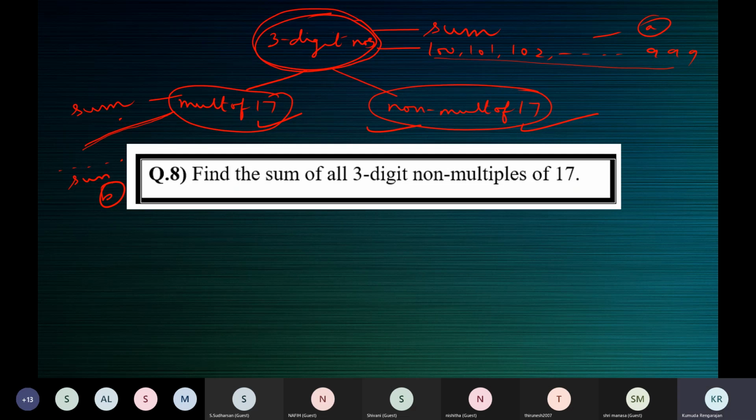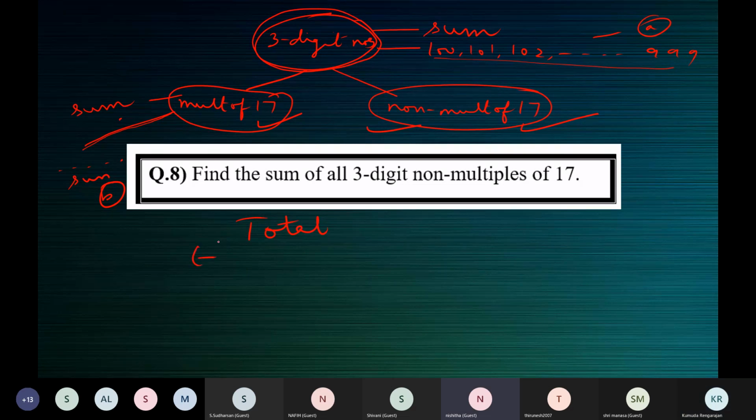That is from the total sum. What is the total sum? The sum of all the 3-digit natural numbers is the total sum. From that, if you take away the sum of all the 3-digit multiples of 17, the remaining sum will be the sum of all 3-digit non-multiples of 17. So from the total,